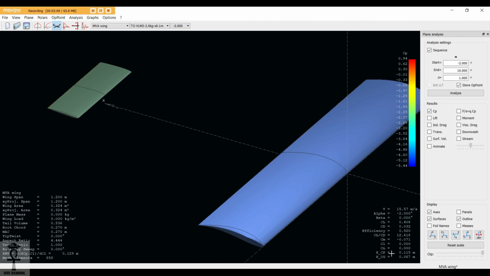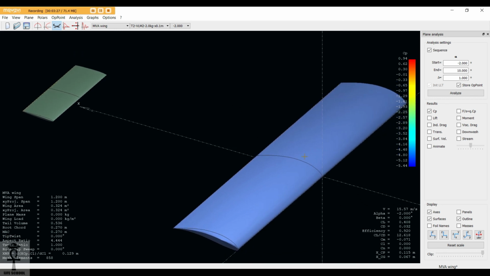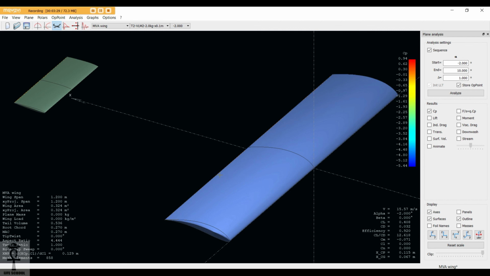Now to quantify the stability, we have something called the static margin, and that's what we are going to calculate for the stability of our plane. It can be calculated from the formula which I am going to show you now.